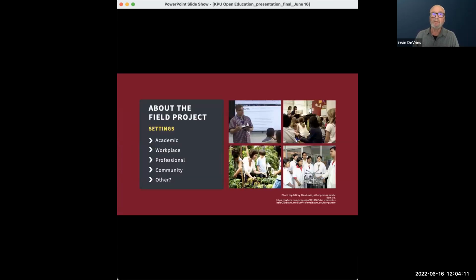Consistent with that, the field project was designed to take what you've learned throughout the program and apply it in very specific settings. So what does it mean? Not just in universities or schools, but also in workplaces, whether they're professional settings such as hospitals or engineering outfits or laboratories, community initiatives and outreaches.